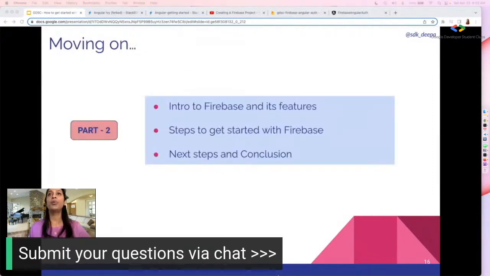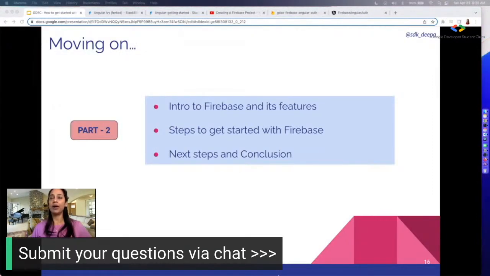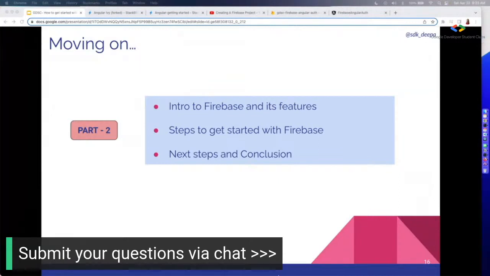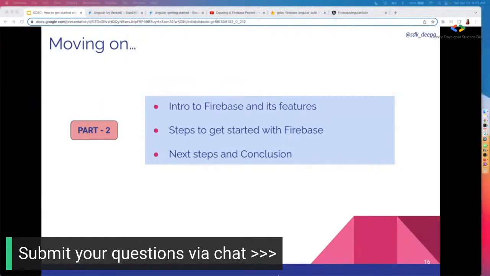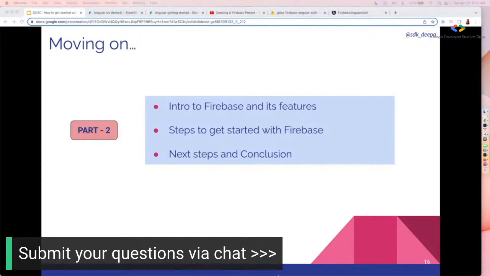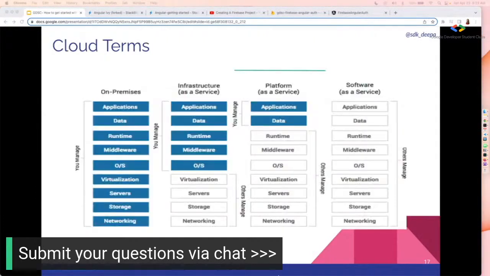Okay. Here, moving on to part 2, we will talk about all things about Firebase, but we are going to be talking only certain features today because it's a whole set of features. I'm not going to be talking about all of them. I'm going to be picking a couple of them, and then we'll see how we can integrate Firebase with Angular with a demo. Okay. So before we get started, I want you to understand